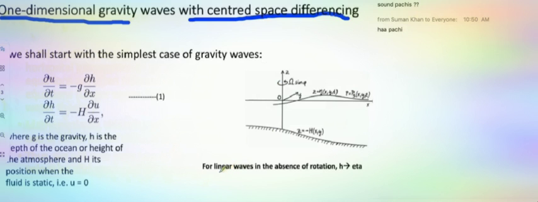And in shallow water, Krishnendu already taught linear waves in the absence of rotation. This kind of pictures you have studied there. There, the set of equations was 2 equations, because linear waves means the convective or nonlinear term will not be there. And in the absence of rotation means no Coriolis force, so fU and fV will not be there. And one dimensional means del/del y equals 0. Under those assumptions, your equations will become this one.